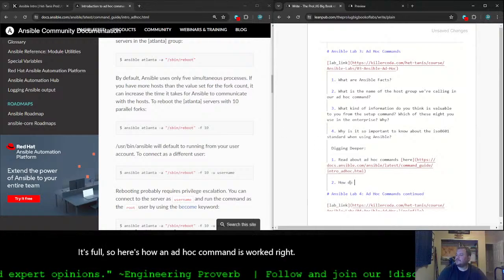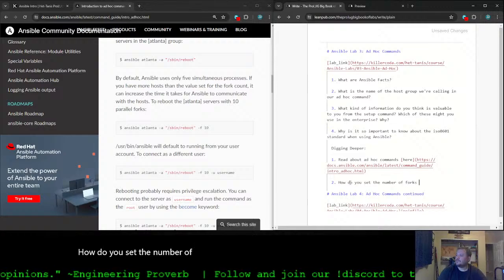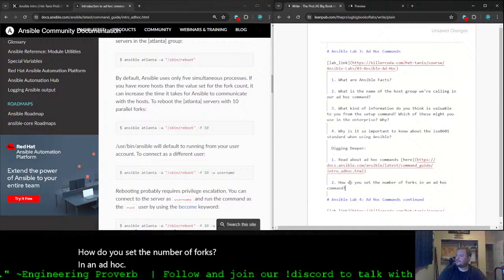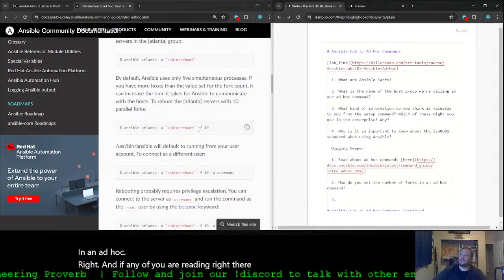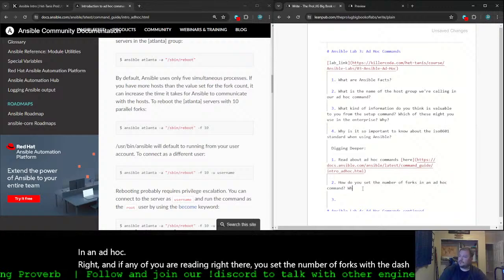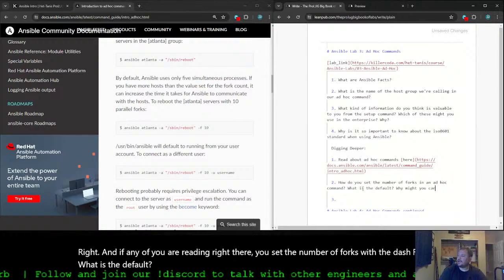How do you set the number of forks in an ad hoc? If any of you are reading right there, you set the number of forks with the -f. What is the default? Why might you care?